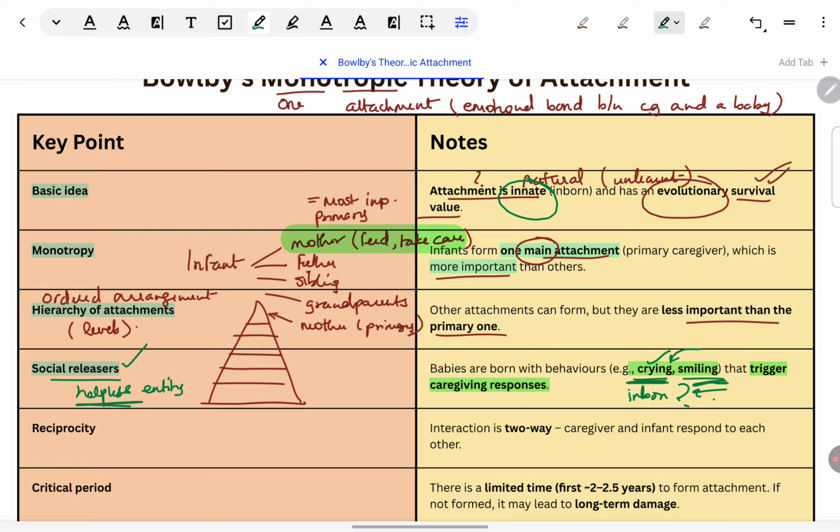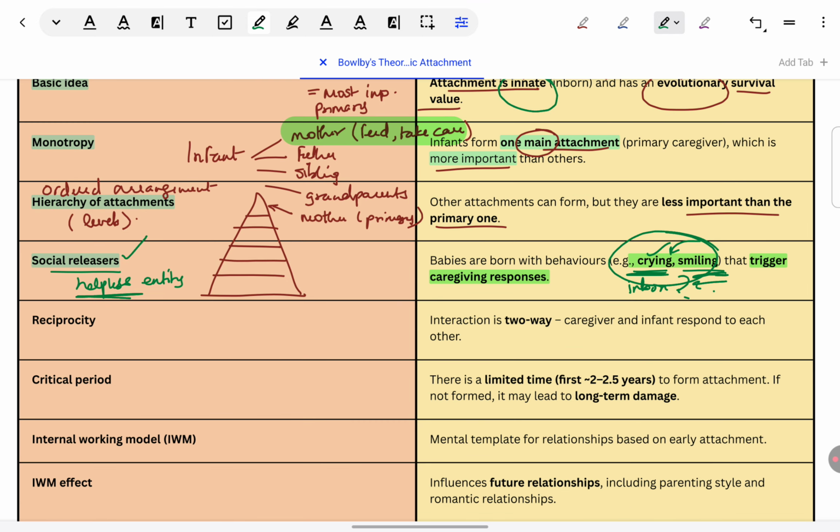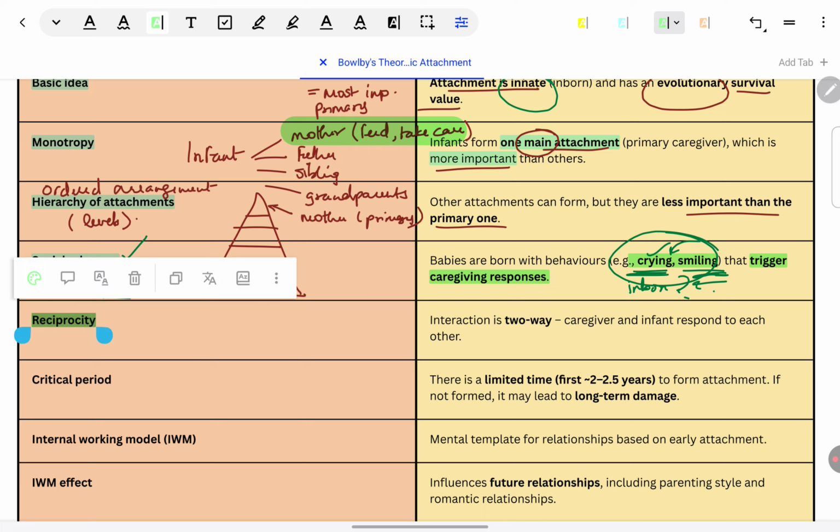So these social releases, these expressions like crying, smiling, these are inborn in the baby so that attachment or bonding can form with the mother and the baby has no problem in surviving. So this is the basic idea of the theory. A little more we need to know. Unfortunately, in our syllabus, they have done away with what was then the older syllabus, Schaffer and Emerson's theory of attachment. So, some things now we will understand within Bowlby's theory only because it's not given separately. But Bowlby has borrowed a lot from Schaffer and Emerson's research.